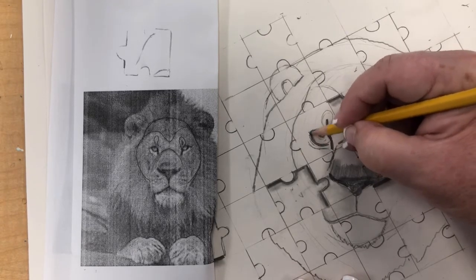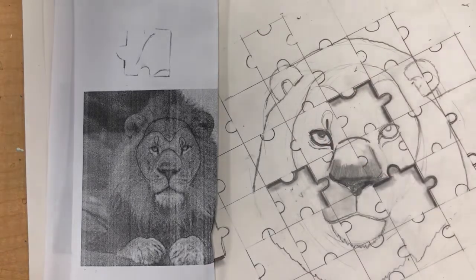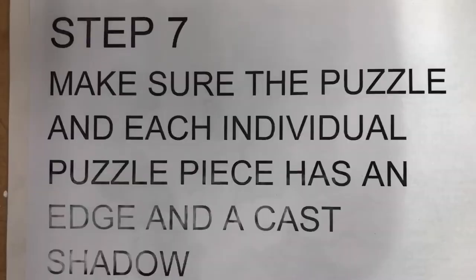Okay, so I'm going to stop the camera and work on my value, and I will come back for the next step. Okay, so I've been working on my piece, and I've been putting my values in and shading it just like I would do any other value drawing. So step 7 is you're going to make sure that the puzzle and each individual puzzle piece has an edge